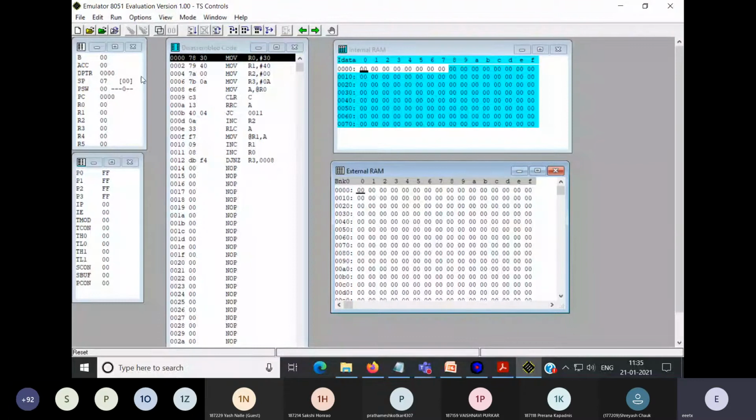Then the general registers you can see here. Special registers you can see here but not used in this program. This blue color background, internal RAM memory is here. You can see 128 locations. External RAM is also present here, but we are not using it in this program.